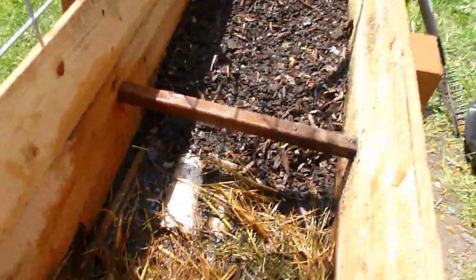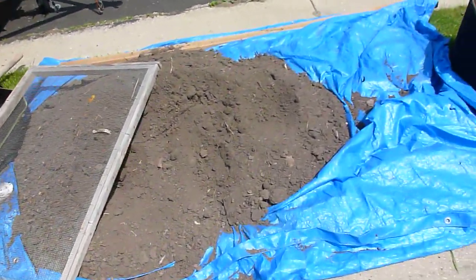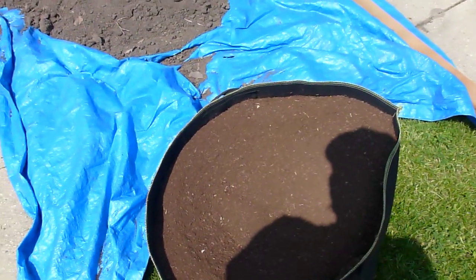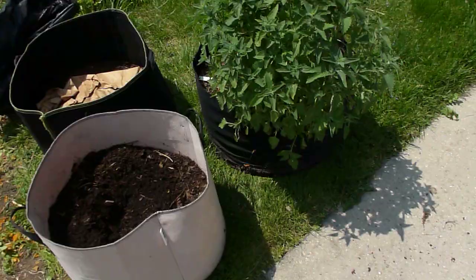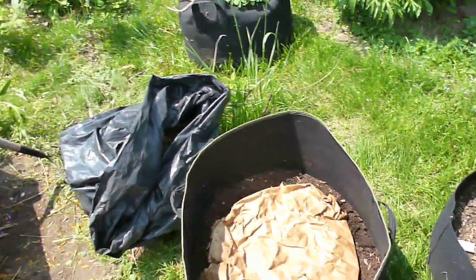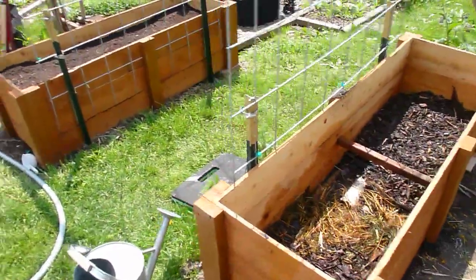You'll probably get up to about this high with the compost, about halfway. And then I'll start incorporating more of the native soil. This is the last of my leaf mold from last year. It got hot enough I could solarize it, so there's no jumping worms in there. And then I have this finished rusted hot compost, and I'll mix native soil, leaf mold, and compost in the top third. Like right here,